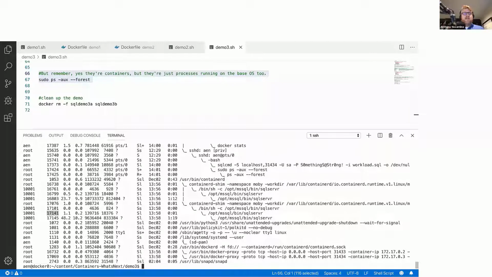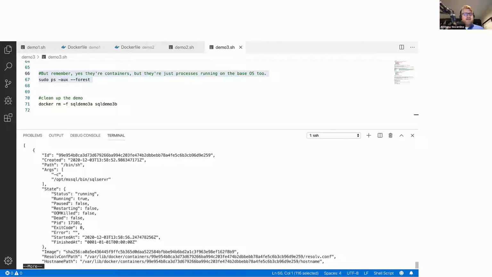If you want to figure out which process ID out here is which process ID inside of the container, you can use the docker inspect command for that. So if I do a docker inspect SQL demo 3b, pipe that into more. Inside of here, you'll be able to see the actual process ID of the underlying process. So that's how you can connect the two from a monitoring standpoint, because that process ID matches the container name. Whereas if you're looking inside the container, it's just going to be process ID 7 or 8, depending on how